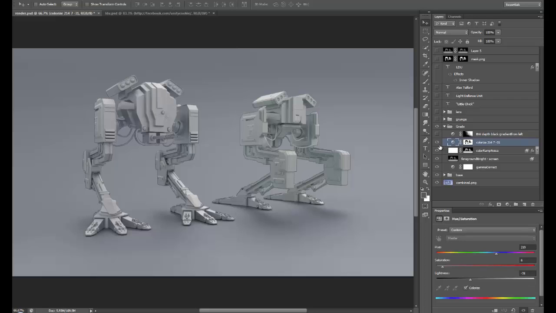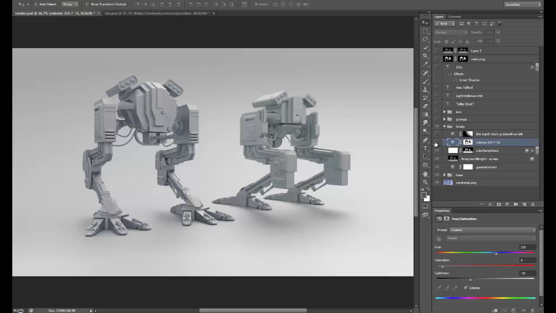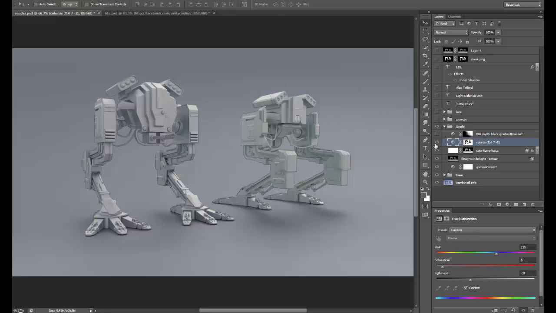So that's what this one here is doing. It's a really nice effect. It's just affecting the background and giving us a little bit of a border here. Now if you wanted to,